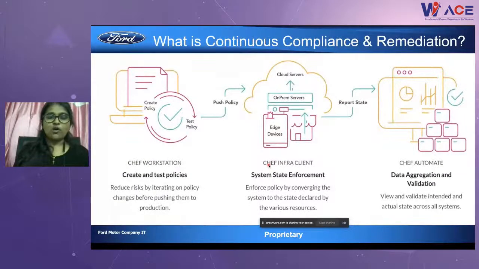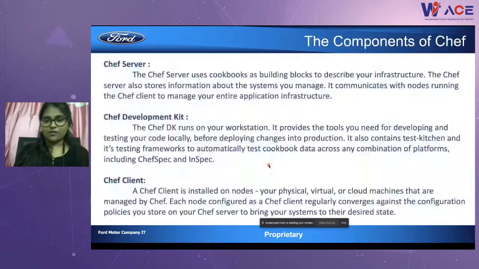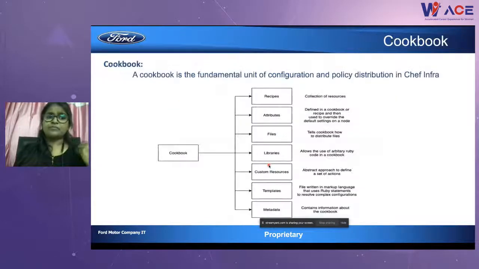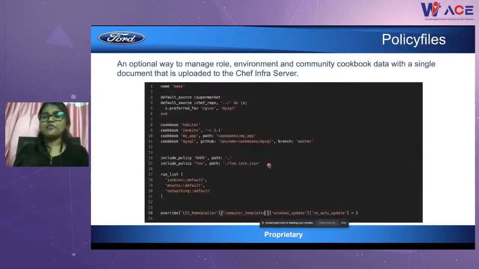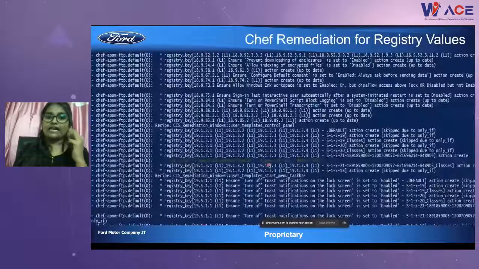We just saw what continuous compliance and remediation is, why it is required, and how the Chef tool is helping us with that, along with the fundamentals and components. Then what Chef Supermarket is, and going deeper, what a cookbook is, the various components of a cookbook, and the structure of a cookbook. That contains the components of the cookbook, how to write a policy file, and what a policy file basically contains. And then the various terminologies, that is Chef InSpec, compliance,